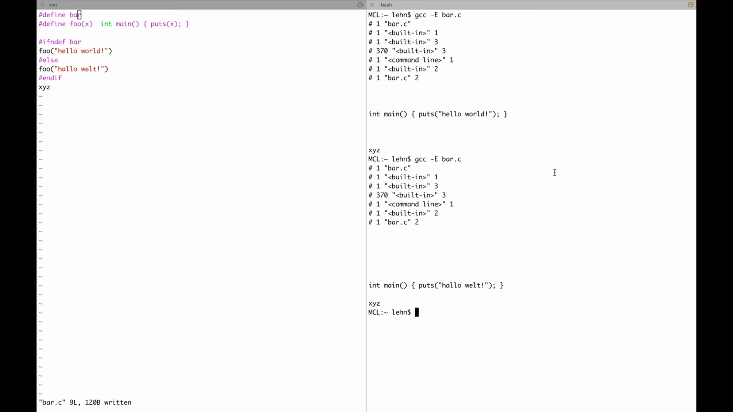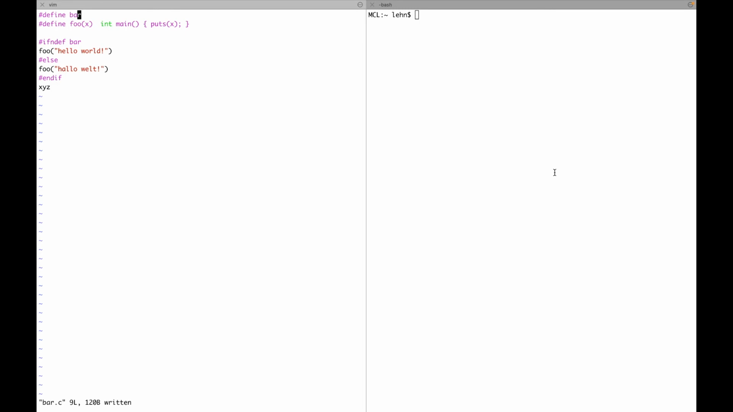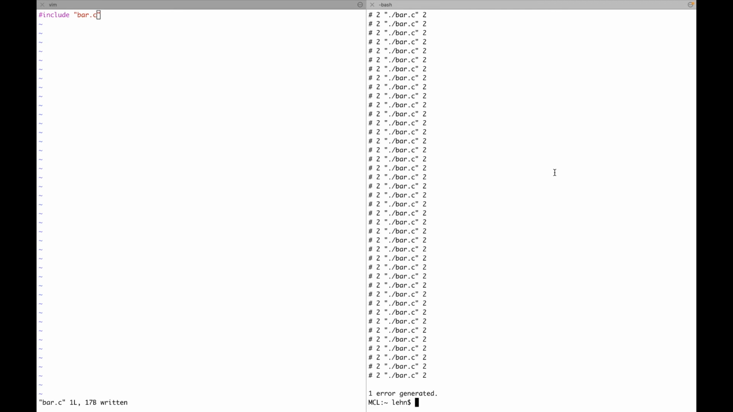Now, finally, I also want to show you this include directive. And for that, I clean this up here. I will just use the following include, bar.c. So I'm including myself. This will cause some problems for the preprocessor because it recursively includes itself. Now I will do the following trick. I will define bar here, and before that